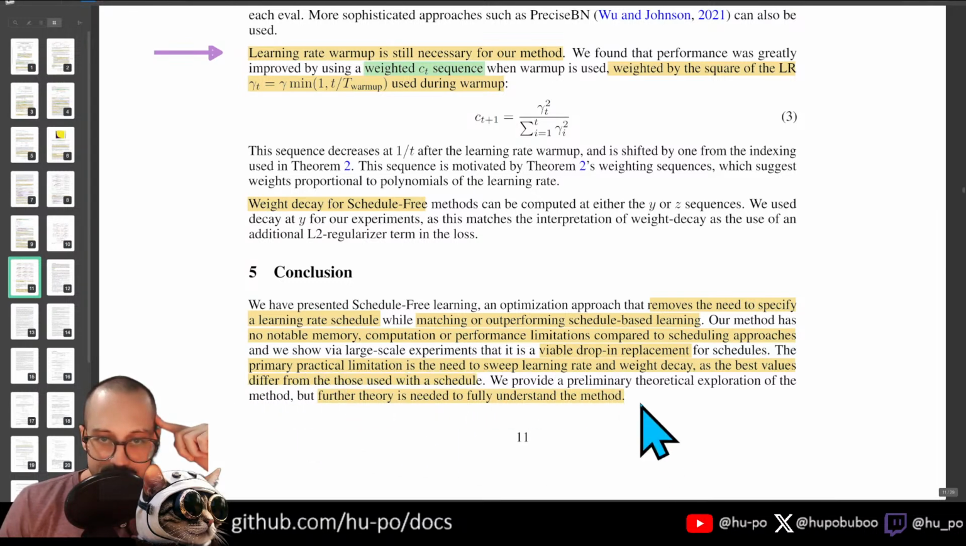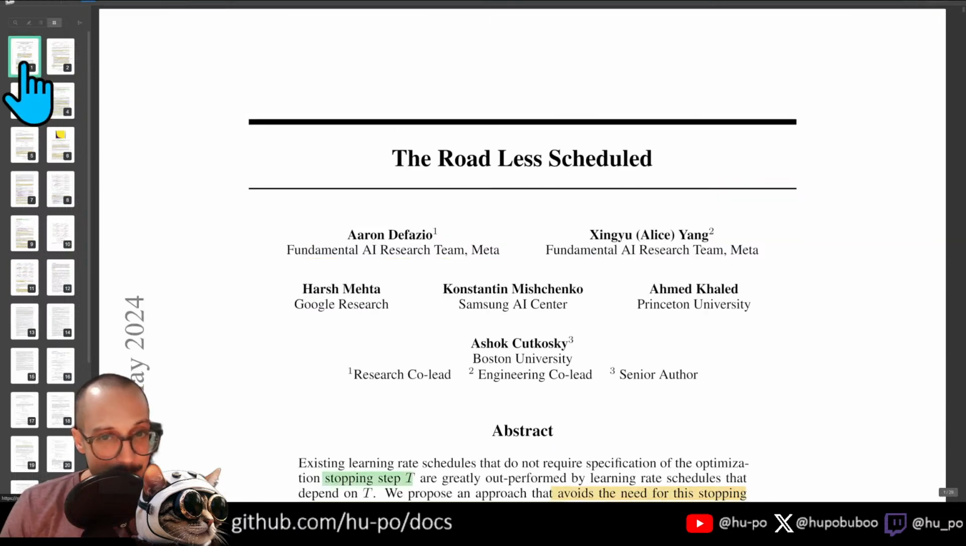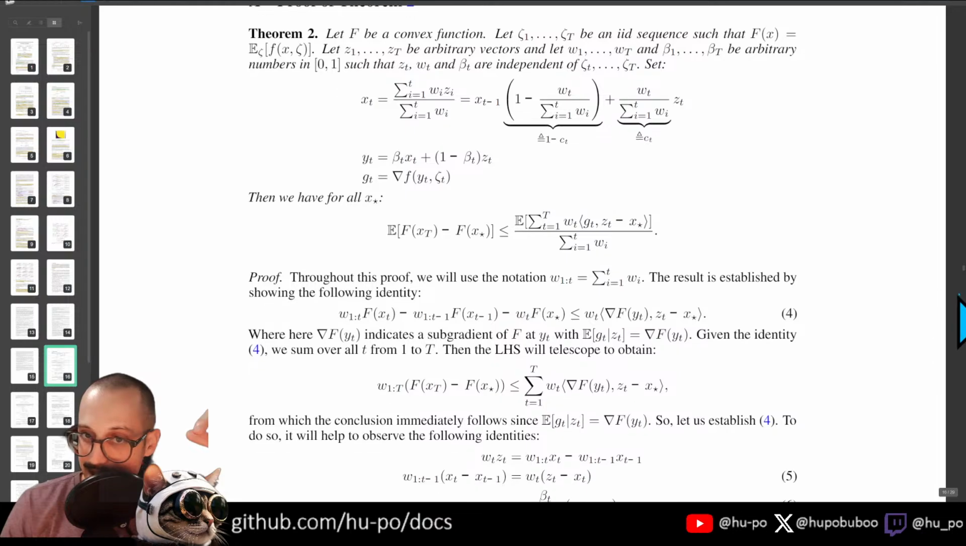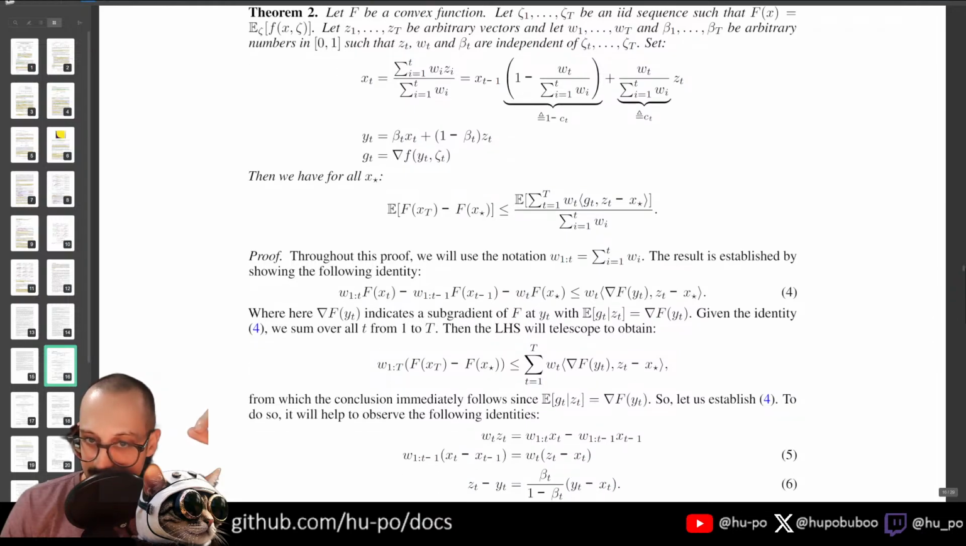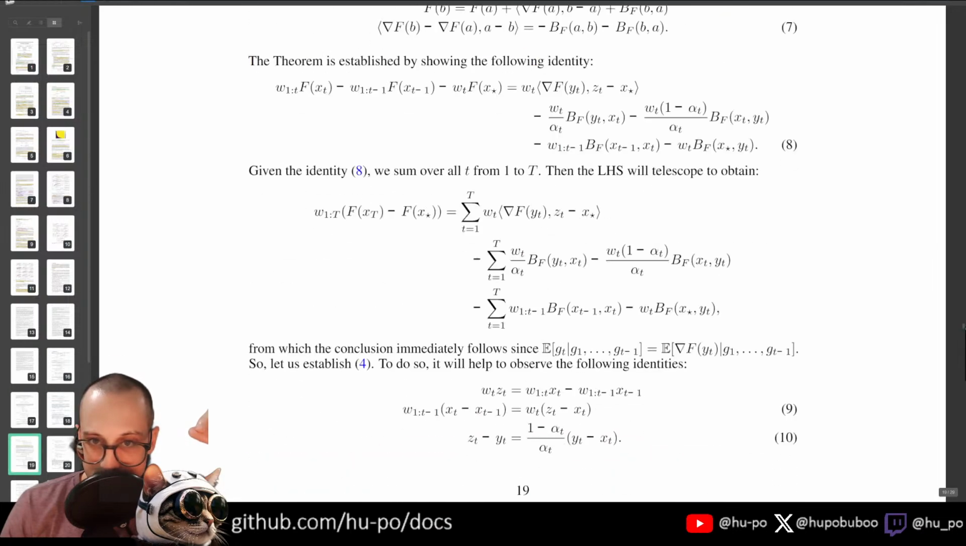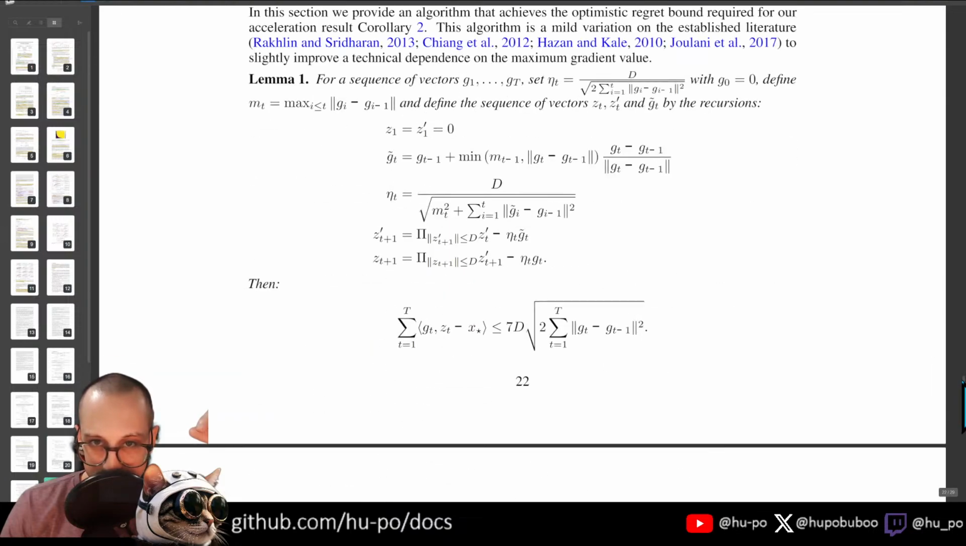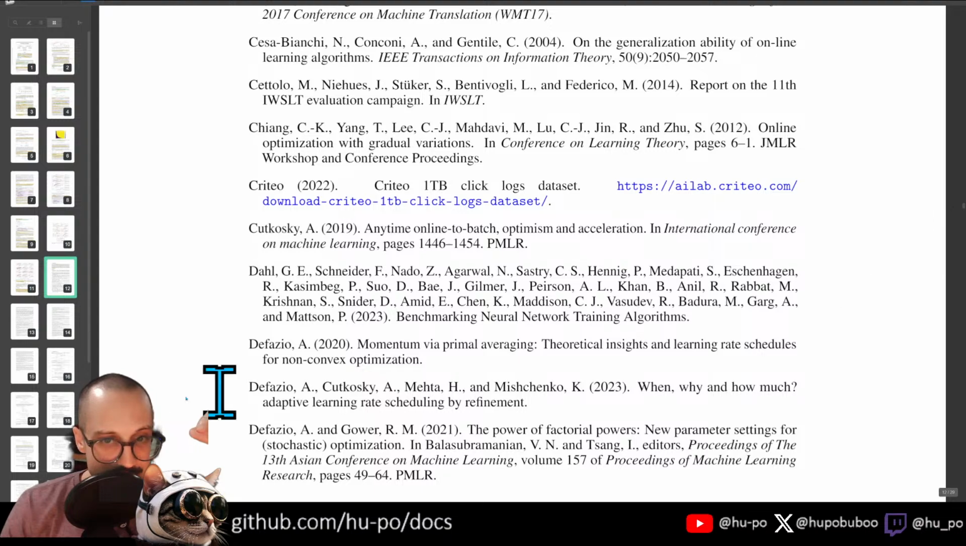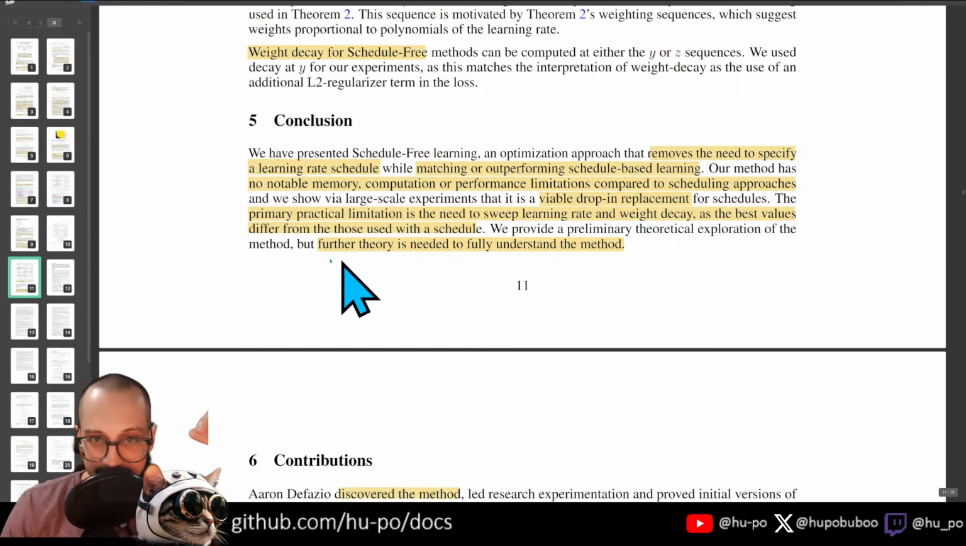Further theory is needed to fully understand the method. I feel like this is the story of this paper, right? Because here we have a paper, and I didn't even try to read these appendices. Look at these appendices. This is out of control. We're talking about pages and pages and pages of math and proofs and theorems and lemmas. Literally just pages of it. And then at the very end here, further theory is needed to fully understand the method. We provide preliminary theoretical exploration. So